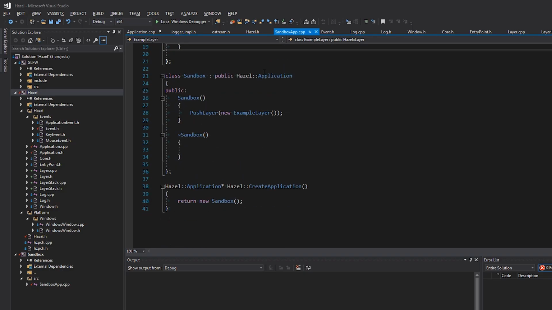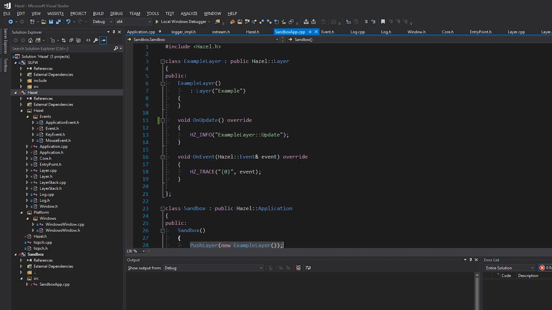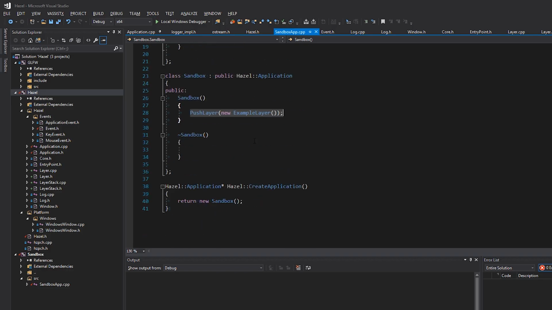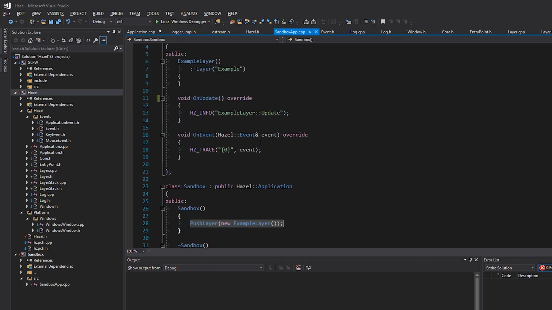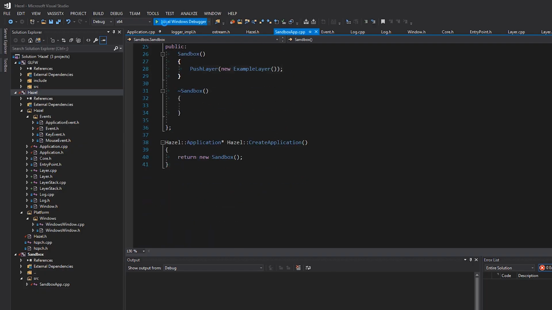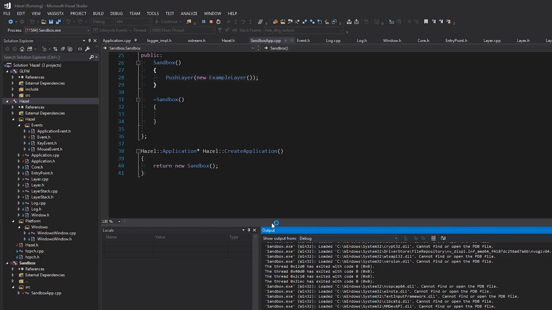And then inside my Hazel application, which is Sandbox, all I have to do is push that layer. Okay, so I've just pushed that new example layer into that layer stack, and that's it. I could push it as an overlay, that would be totally fine as well, but I've just pushed it as a layer. And so if we run this little program of ours, one thing I want to point out quickly